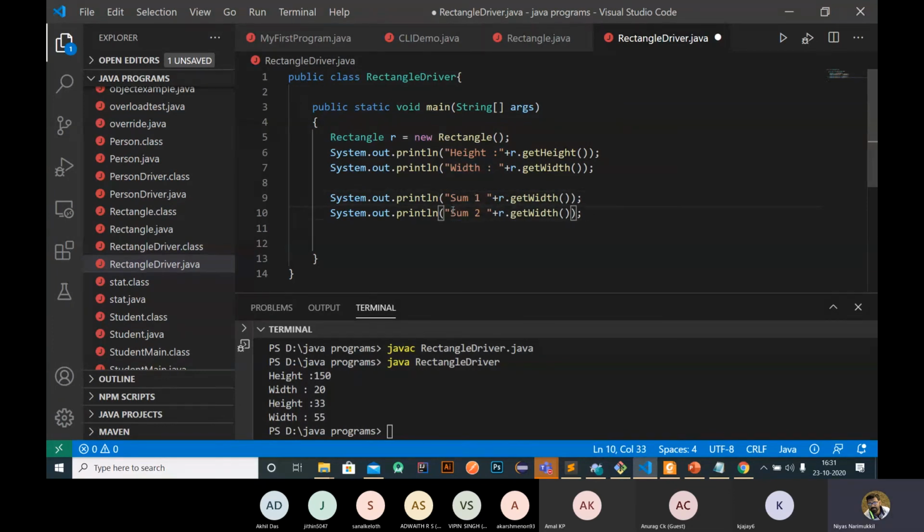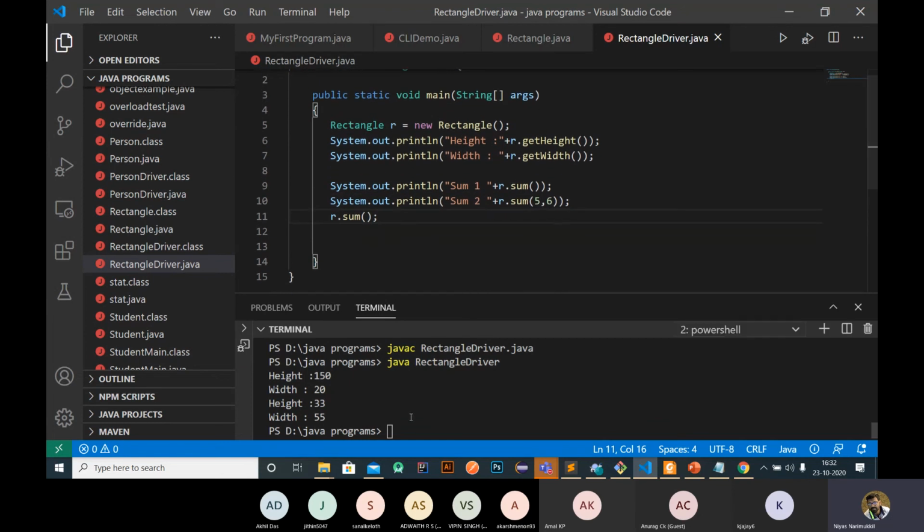This is sum 2, and R dot sum of, and here R dot sum of, need to pass some values, 5 comma 6. And the last one, there is no return type here, right? If there is no return type, then we need to simply call R dot sum. So no values are returned here. So it is an example of method overloading also. Just compare.